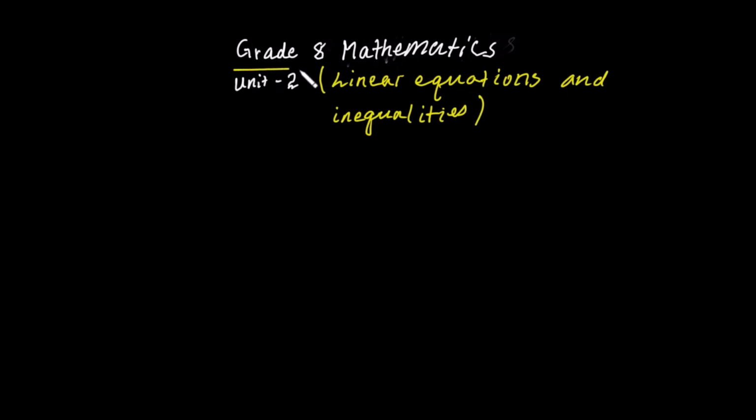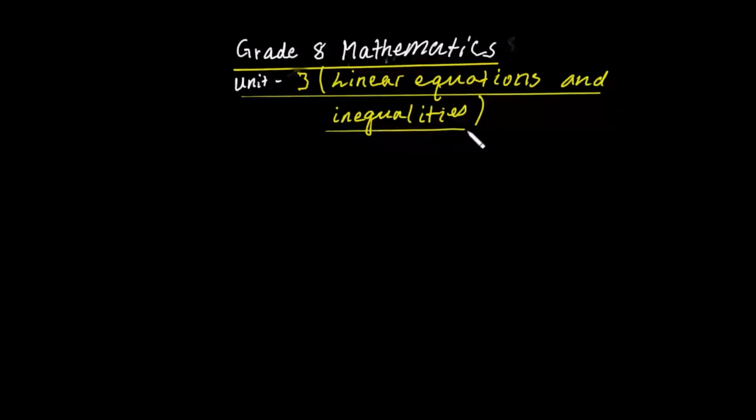ይህ የስምንተኛ ክፍል የሂሳብ ትምህርት ነው። ያለነው ዩኒት 3 ላይ ነው። ዩኒት 3 linear equations and inequalities። የዛሬው ስምንተኛ ሌሰን ነው። So this is lesson 8።